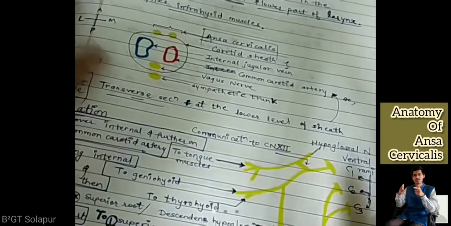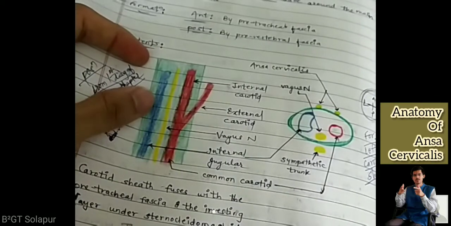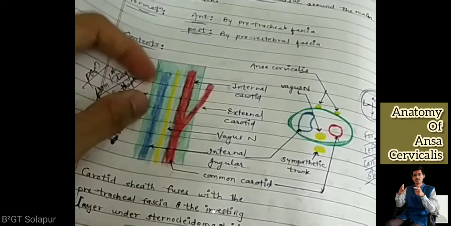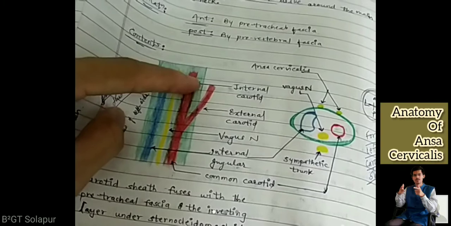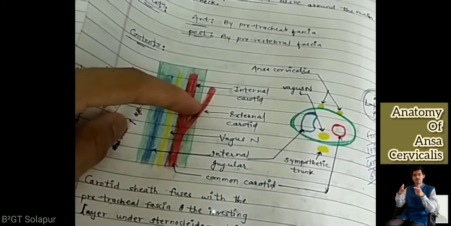Yesterday you saw the main diagram. Should I bring it again for you, so that you get completely oriented with the diagram? This was the diagram I was explaining to you yesterday. Yes, this is the carotid sheath. Its contents are the internal jugular vein and the internal carotid. The external carotid goes outside the carotid sheath. Inside the carotid sheath, mainly you have the common carotid in the inferior aspect.